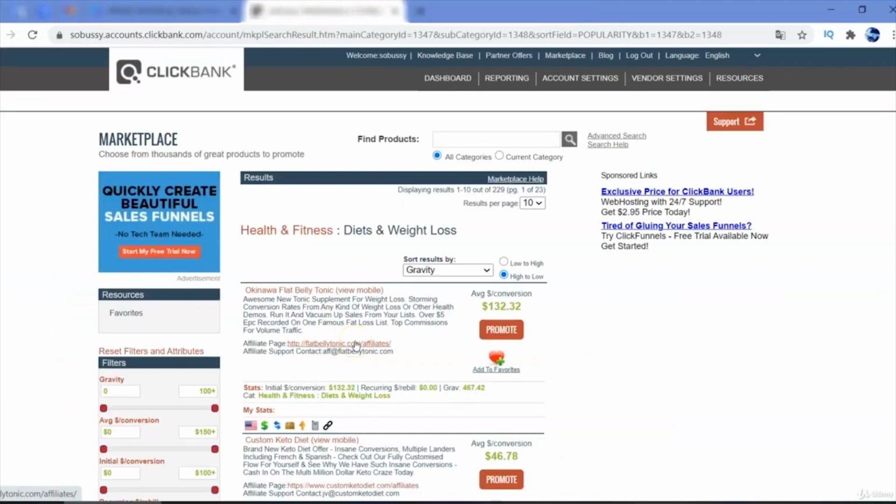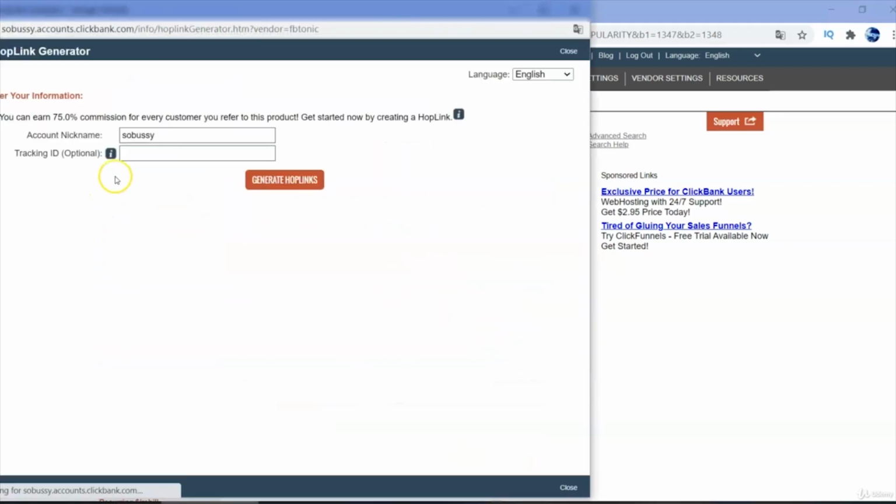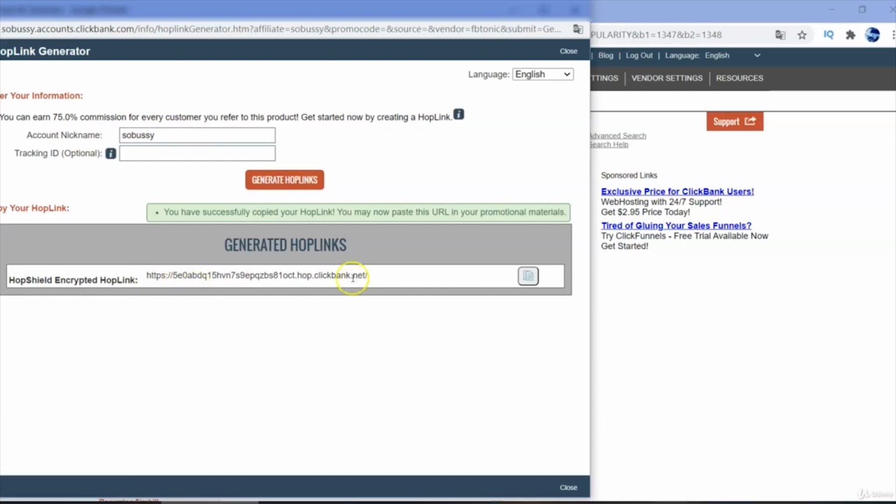So if you're not familiar with ClickBank, it's pretty easy to use, and every product description will look the same. I mean, the statistics, so you will get your average commission, how much you will be getting per sale. And it's pretty easy to get your links right here. So you would just click on promote, and immediately your account nickname is already written right here, and you would just click on generate hop link. This is the link that you would copy and then paste wherever you want it. So it can be either in Google Ads, Microsoft Advertising, Facebook,